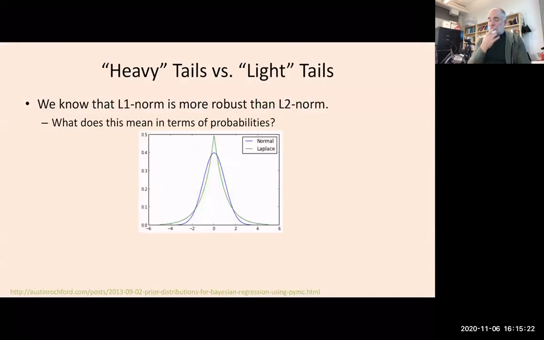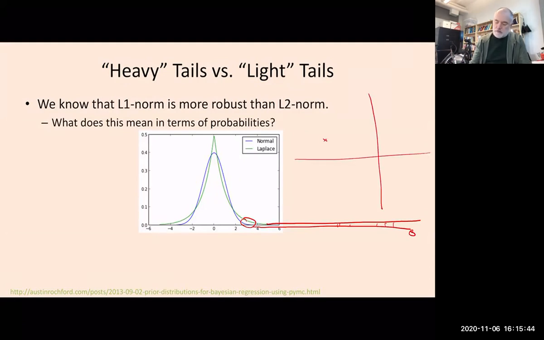Well, if you plot out the probability density functions for a normally distributed quantity and a Laplace distributed quantity, and you pay attention to what really happens in the tails, the Gaussian goes to 0 really, really fast, and there's always a little extra mass out here, okay? And what this means is that when you're fitting a regression model, and you're making some distributional assumption about the distribution of the target given the input and the parameter, right? If you make a distributional assumption that's heavy-tailed,